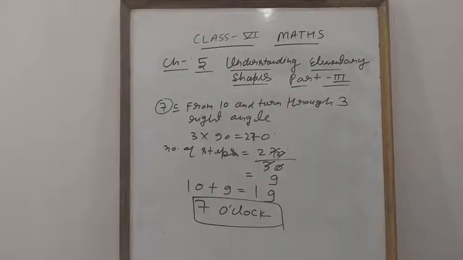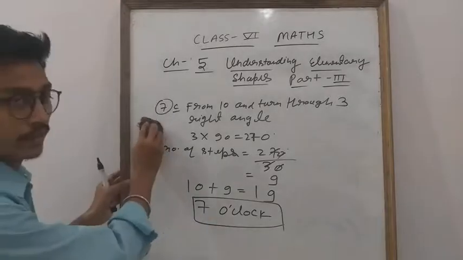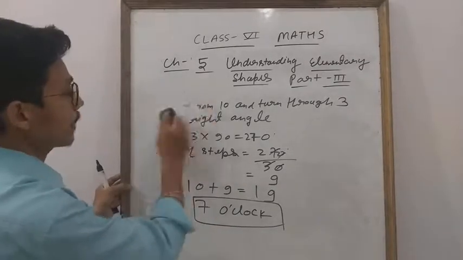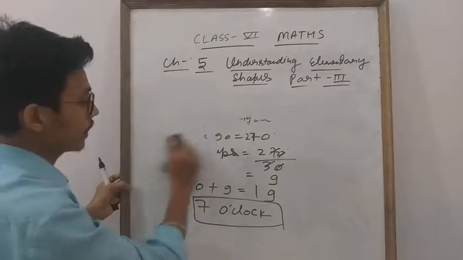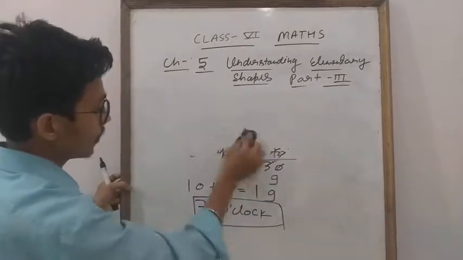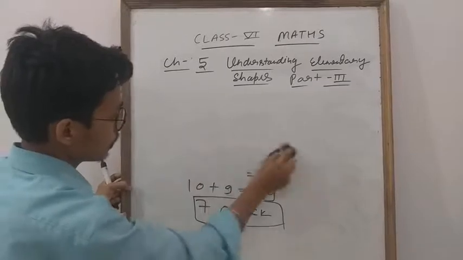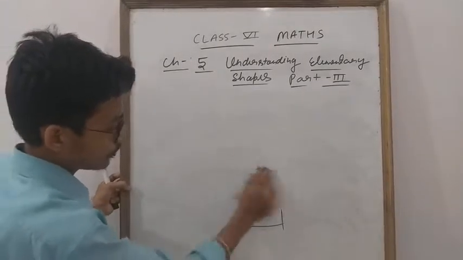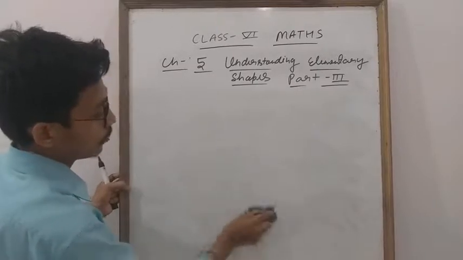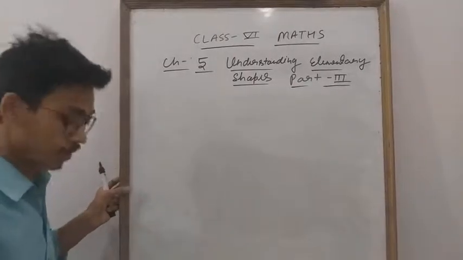Okay everyone? Now student, we will move on to exercise 5.3. Okay, in 5.2 all questions I explained, all types I explained. We will move to exercise 5.3. Let us see what is given in 5.3 and what is different. Okay everyone, types of angles I have explained. So I think the questions in 5.3 are related to the types of angles.